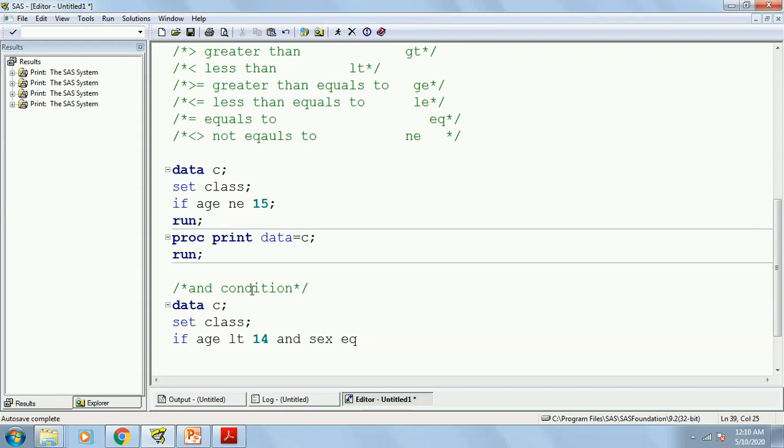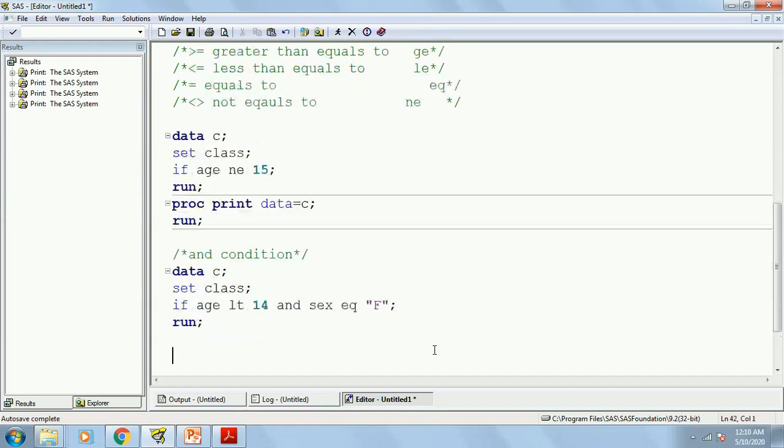Now female is a character, so you need to put it in quotes. Anything you are writing as a character, you need to put in quotes, and end it and run it.